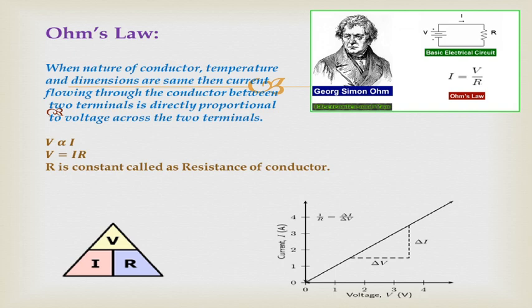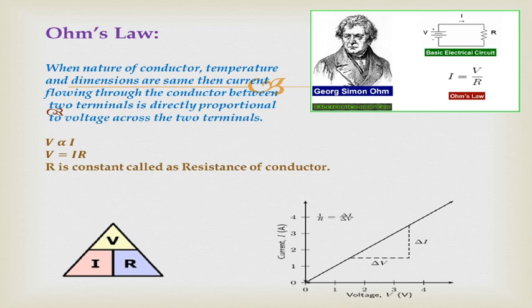If you look at this triangular shaped region, it is an easy way to remember the formula. The upper part V is nothing but the product of the two lower parameters I and R. So V equals IR, and if you change the position you get the same formula in a different form. Since it is a direct proportionality relation, if you plot the graph, it is a straight line passing through the origin, showing the slope is I upon V and the intercept is 0. What is the slope I upon V? It is nothing but the reciprocal of resistance.